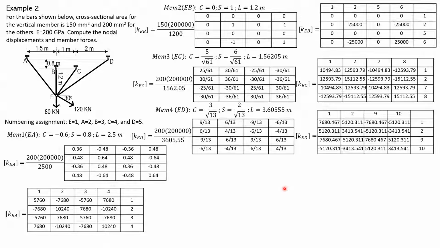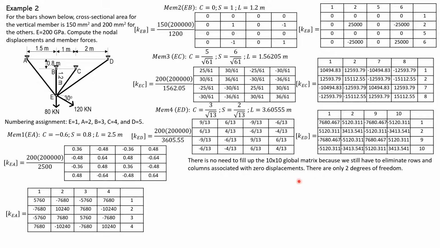Although this is 10 by 10, again, we only consider this node here, which has 2 degrees of freedom. All the rest have 0 displacements, 0 x and y. So after we eliminate rows and columns associated with 0 displacement, it will reduce to 2 by 2. So that's the explanation. Unless you're required to compute for the reactions, then after you solve for the unit displacements, you have to set up the entire 10 by 10 matrix, because it is only there where we can